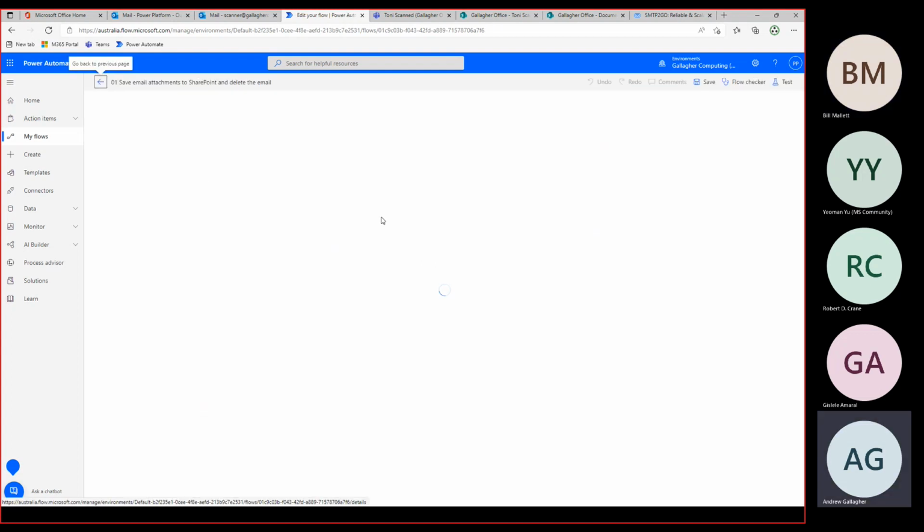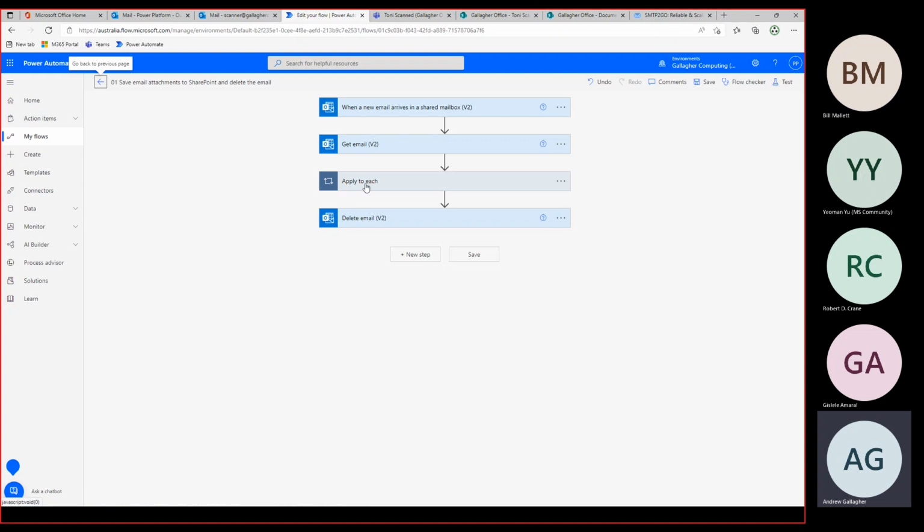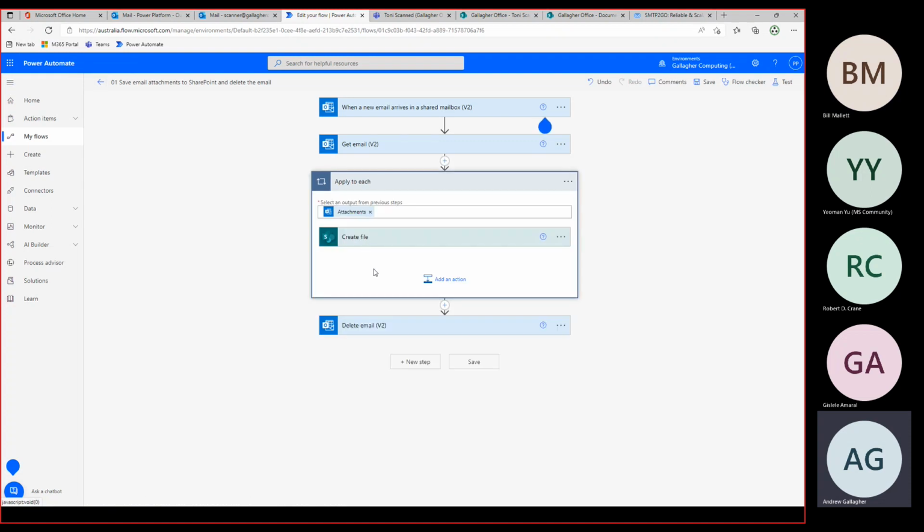100%. So basically in the automation here, I am putting it into a SharePoint library. We could potentially remove that step, create a new step, and run an AI action to filter through the PDF document, grab any information, and then save that information wherever you'd like, whether that be a SharePoint list, a Dataverse database, or even what Yeoman was showing us, the Power Automate desktop.